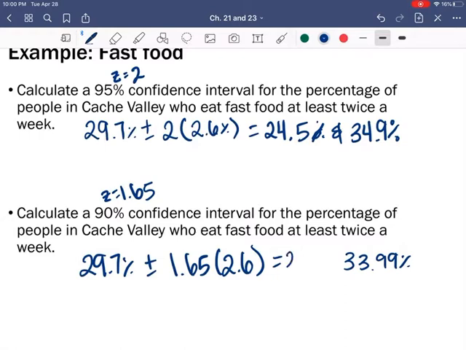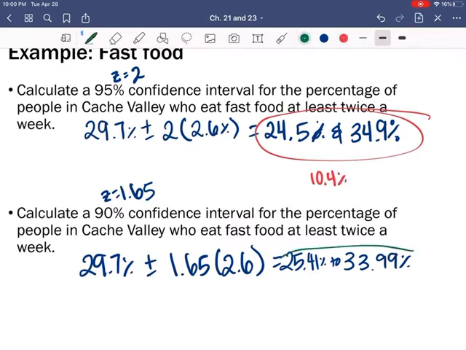29.7 minus 1.65 times 2.6. Okay, notice this is a wider interval. 24.5 to 34.9 covers 10.4%, versus this one covers like 8.5% ish. And it's a bigger interval for this pink one